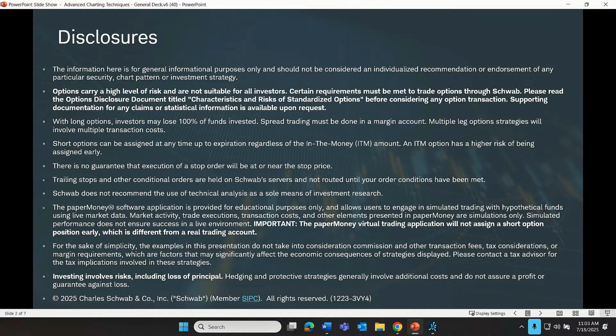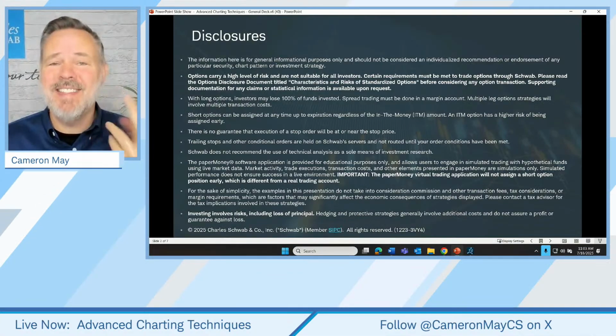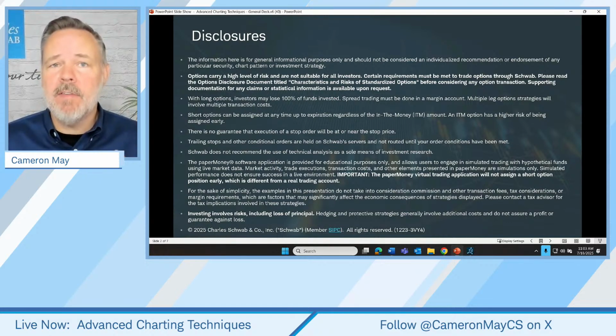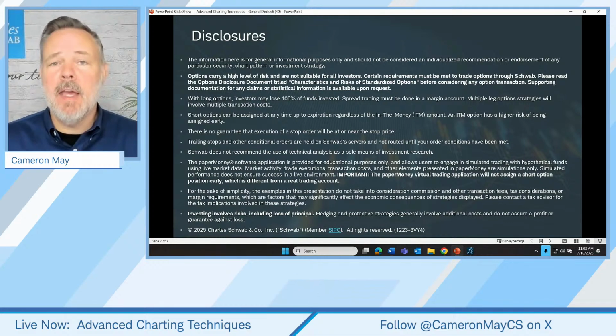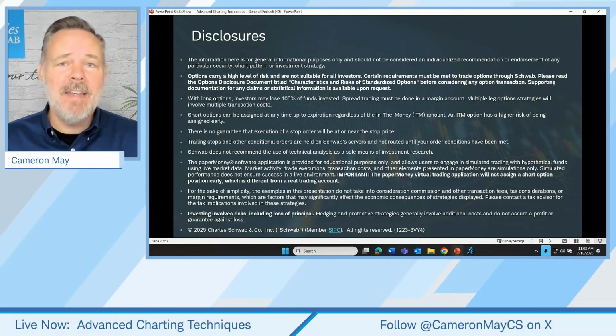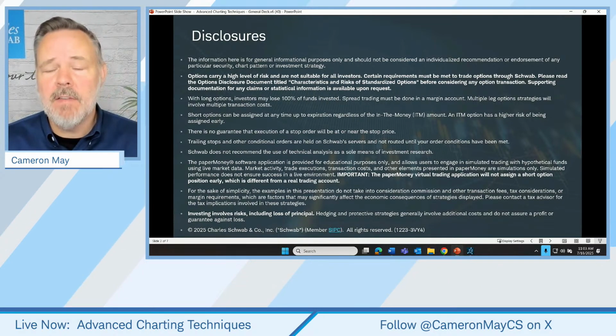All right, so let's set the agenda for the day. First thing that we're going to do is have a quick peek at our two existing paper money example trades, and we'll quickly revisit the technical logic of those trades, see how they're coming along. Then we're going to look at the S&P 500 through the lens of what we call our trend value momentum strategy set. And that's going to set the stage for our discussion of what I think is likely to be a new indicator to a lot of you, the Klinger oscillator.